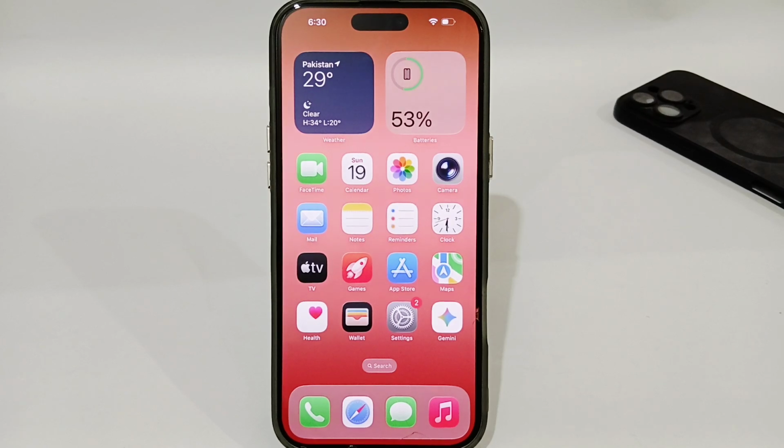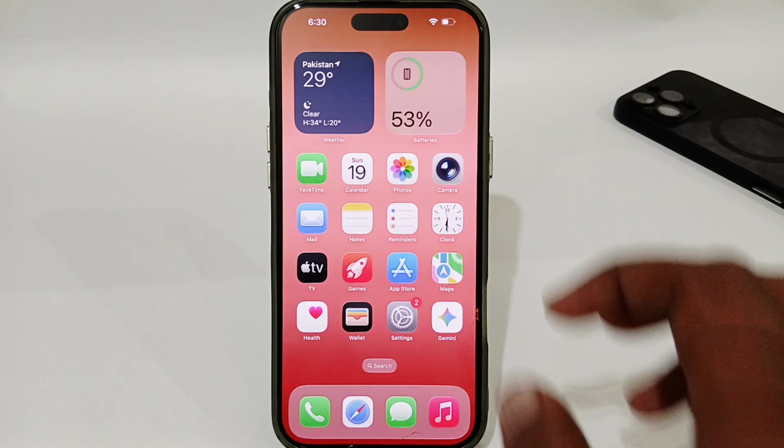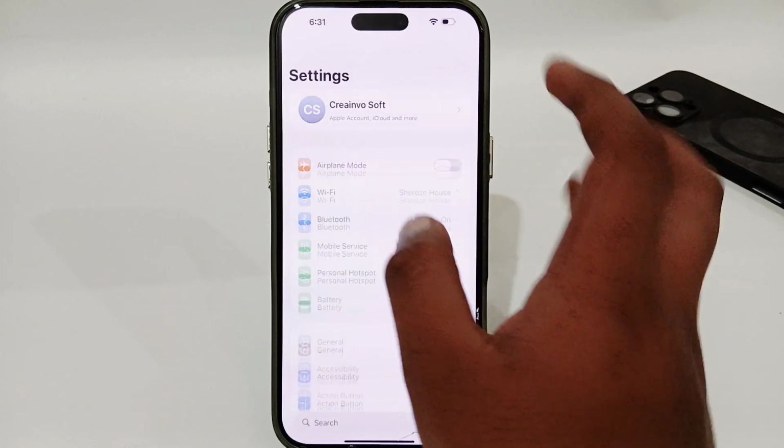Hey guys, today I'm going to tell you how to fix the retrieving credential problem on WhatsApp. If you're using WhatsApp and you're having a login issue, which is retrieving credentials, let's see how you can fix that. So the very first thing is to open your settings and make sure that you